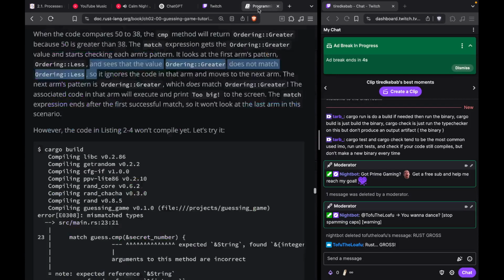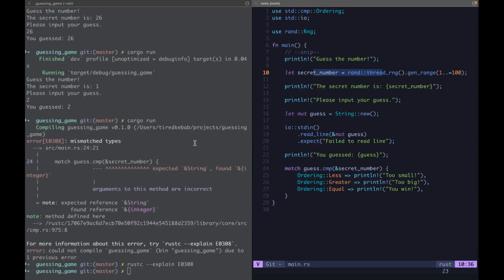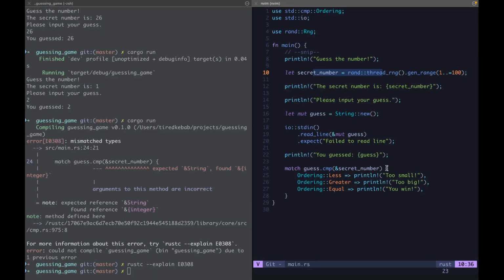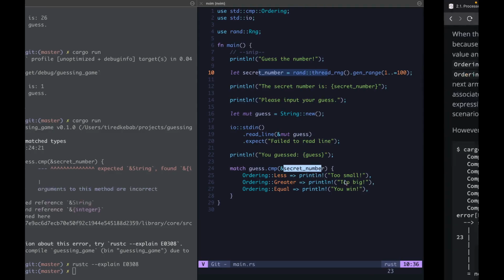We'll need to somehow convert this into string. Let's say